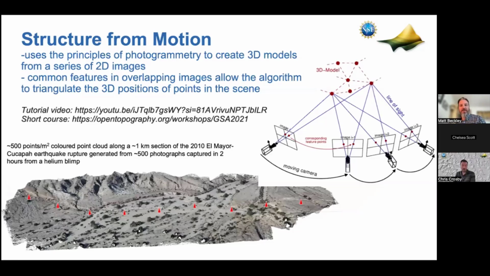So now I'm going to pass it to Chris, who's going to talk a little bit about structure from motion. Thanks, Matt. Yeah, so this is just a bit of a brief interlude because this presentation webinar this week is